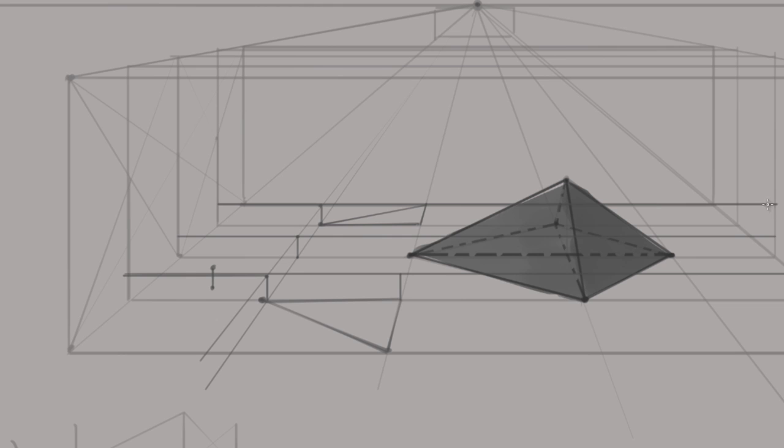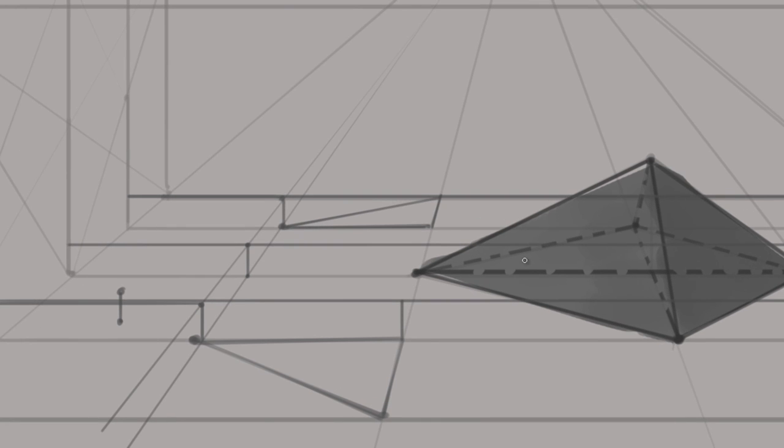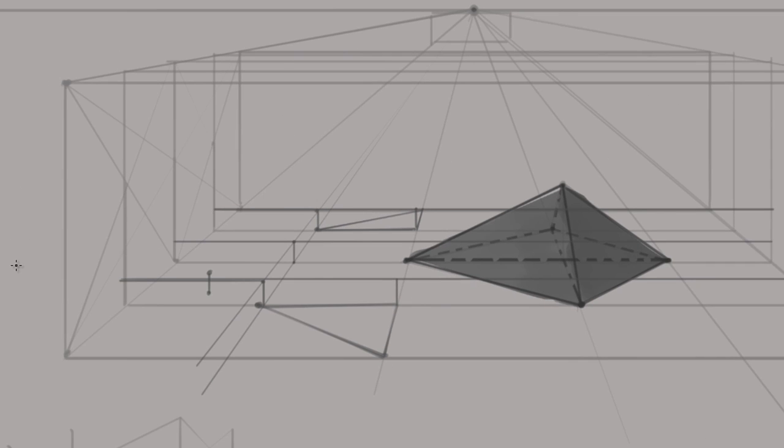And now the interesting part is, when we lift this up, and now we are drawing a line from here to here, this line has to pass exactly from here to here. This means that we have created the